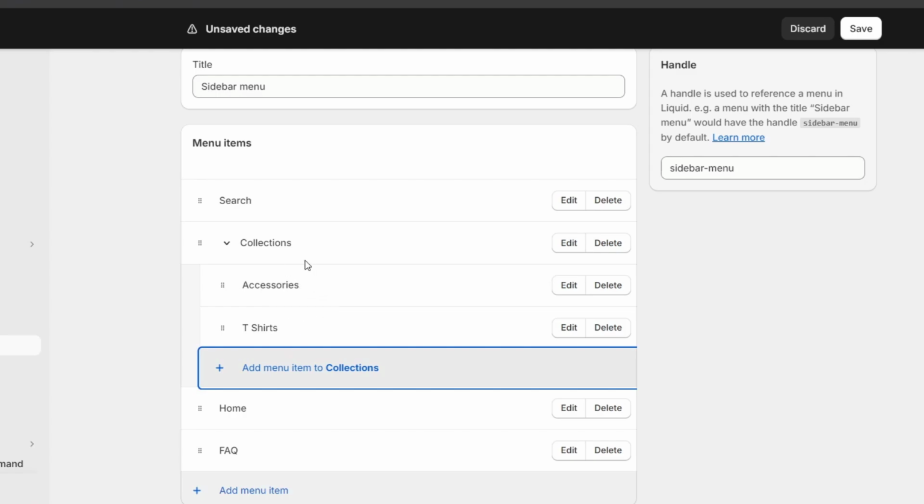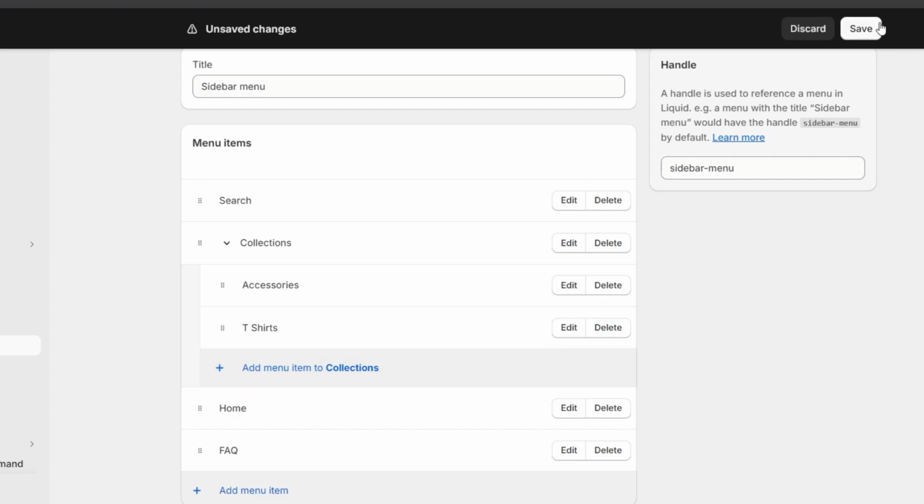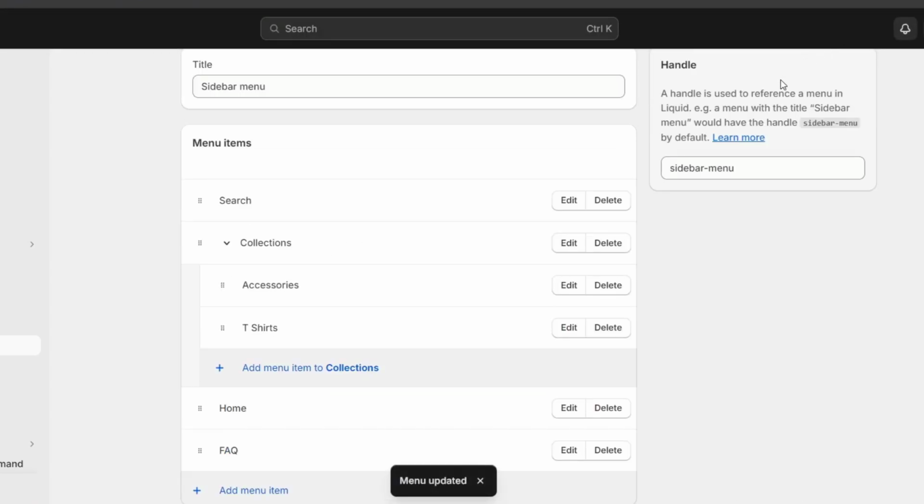If you want to add a multi-level menu, it is similar to the drop-down menus with additional layers. So we can create a main category such as the item, then for each main category add a subcategory, and for the subcategories that need further divisions, add more nested items. Now I'm going to hit save, and let's talk a little bit about the mega menus. Now the mega menus are advanced drop-down menus that can showcase multiple categories, the subcategories, and even feature products or